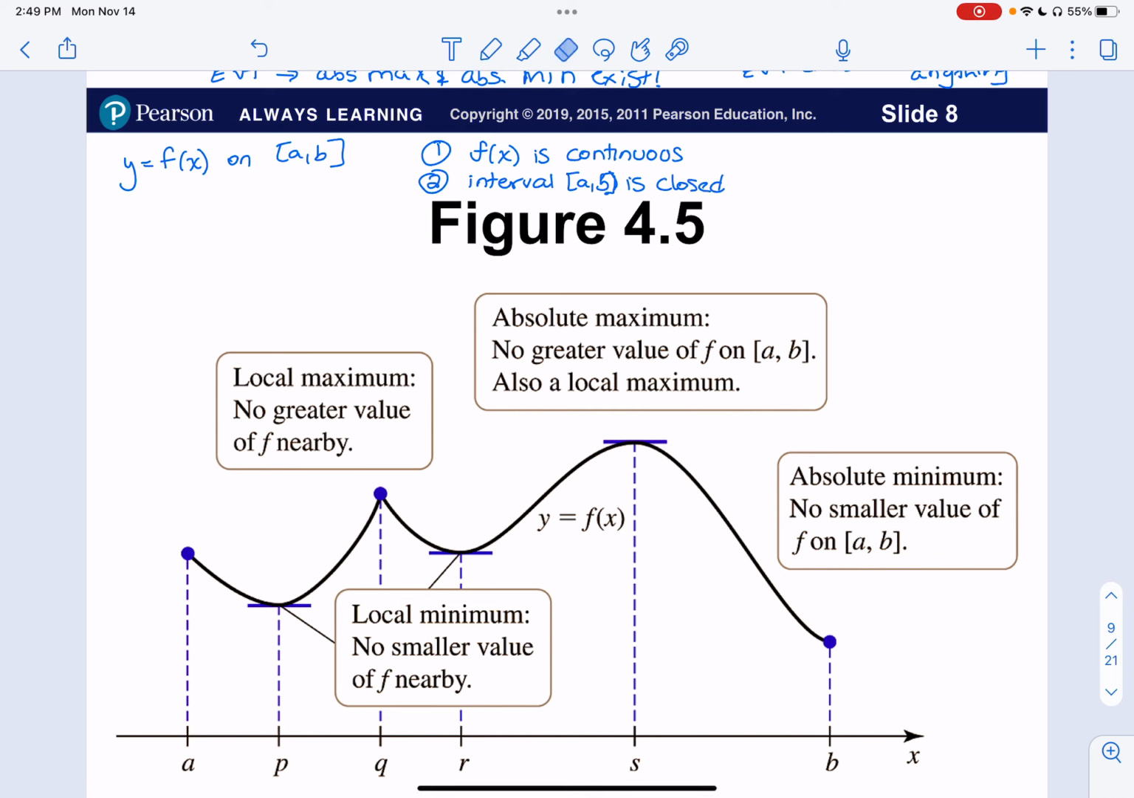It's a really horrible bracket. Sorry. There we go. All right. So that means by the extreme value theorem, we know that an absolute max and an absolute min exist. Alrighty. So if we look here, the absolute maximum is going to be right here. So we can say there's an absolute max